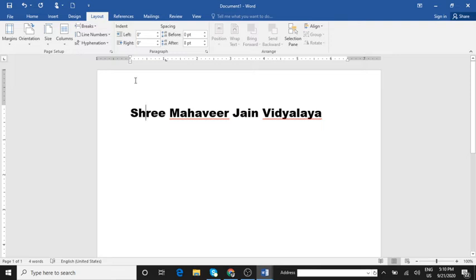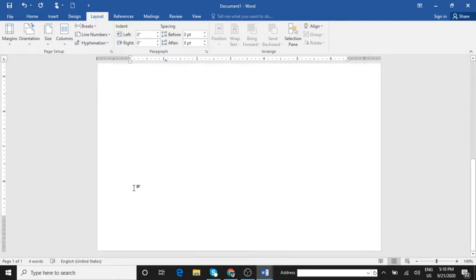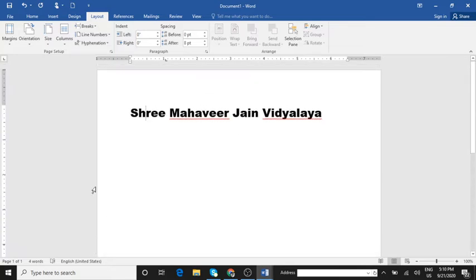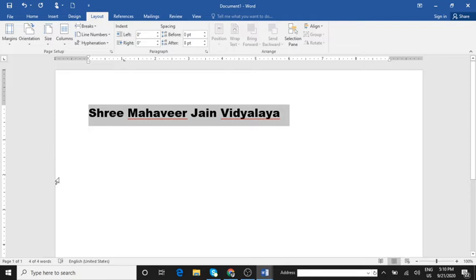And in landscape the page height is lesser than the page width. So these are the only two differences between the page orientations. So what are the two types of page orientation children? One is portrait and the other one is landscape.